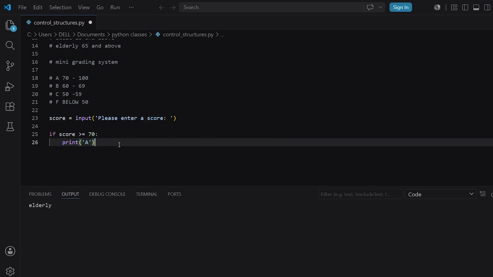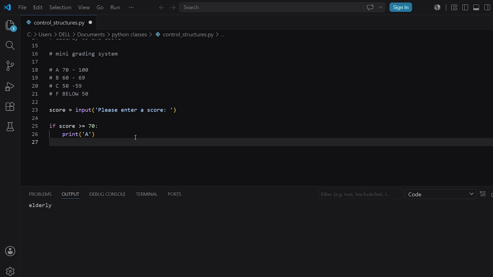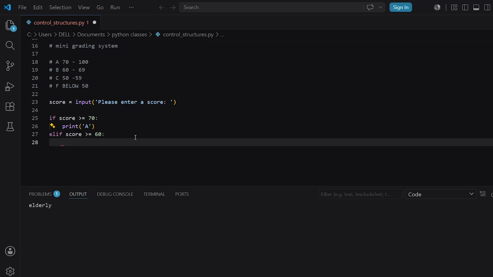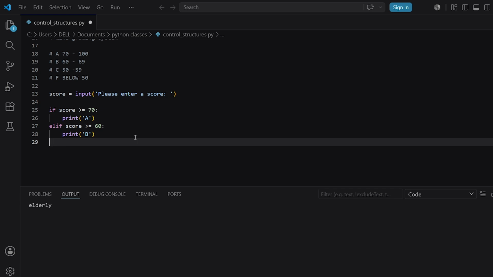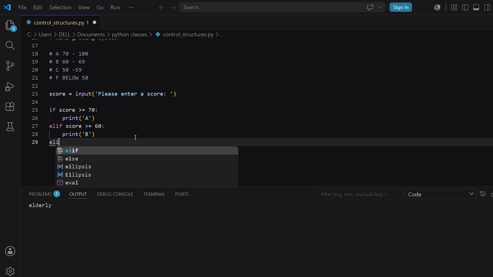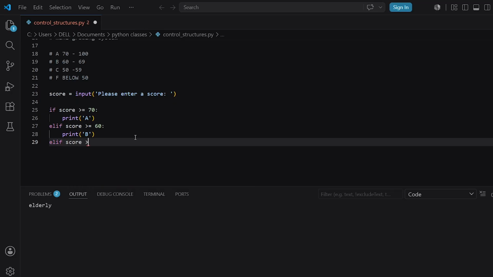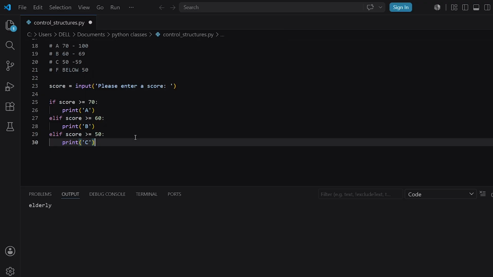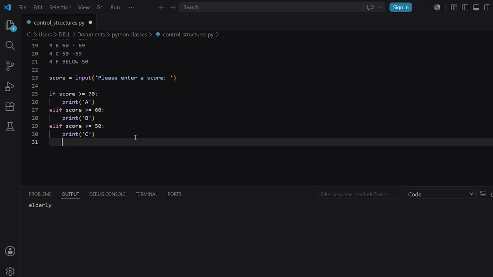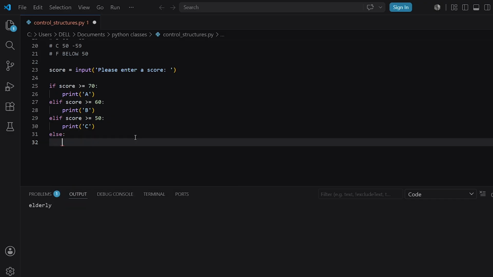A. Now to accommodate other grades, we're going to be using the elif. So here we're going to have elif score is greater than or equal to 60. So this should give us a B. So we can have print B. Now we're going to have another elif statement. Here we have elif score is greater than or equal to 50. For this, we're going to print C. Now we can decide to end this program with the else clause. So we can have something like else print